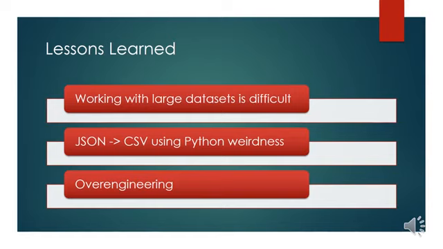Number two, writing the JSON to CSV converter in Python gave me a headache. Python's not my favorite language, but at least I learned a little bit about it. The way the data sets are set up was not as straightforward as I would have liked. This made things fail in interesting ways. I had to leave the categories in the business JSON file as one string because it wouldn't separate properly. Ultimately, I didn't use that data set, so it doesn't really matter. But in the end, it was good to beef up my Python skills.